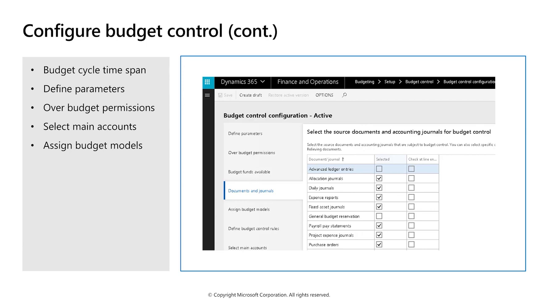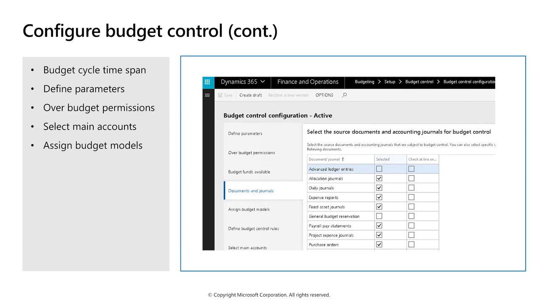If budget reservation for encumbrance and/or budget reservation for pre-encumbrance is included in the calculation of available budget funds and must be reflected through the posting in the general ledger, we should enable committed accounting on the general ledger